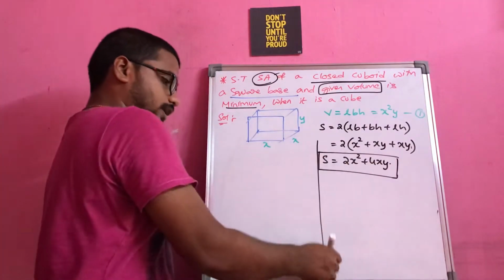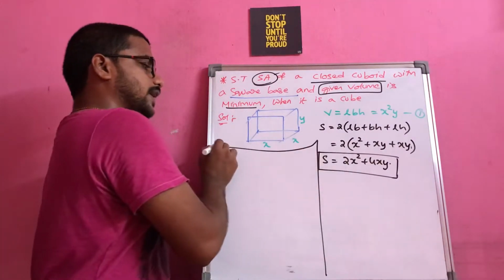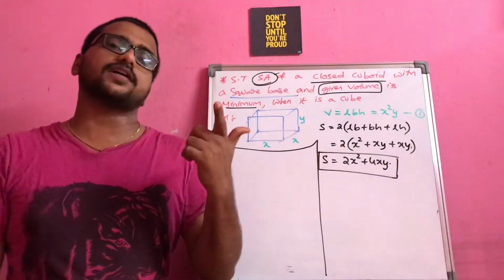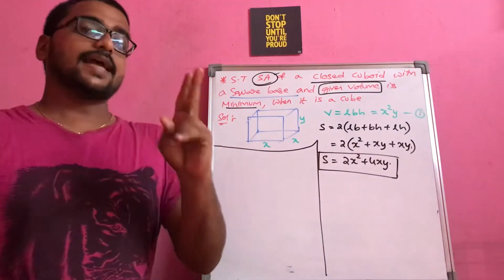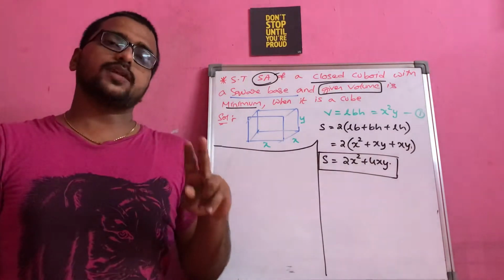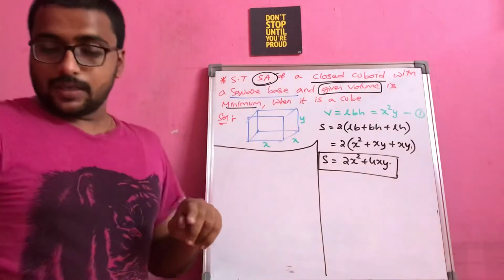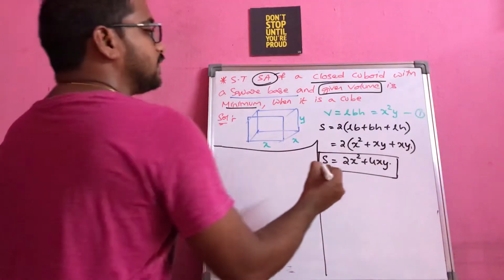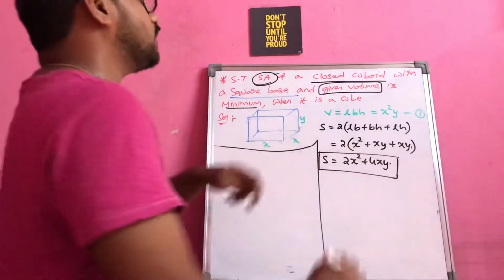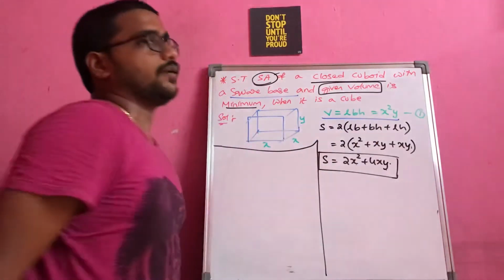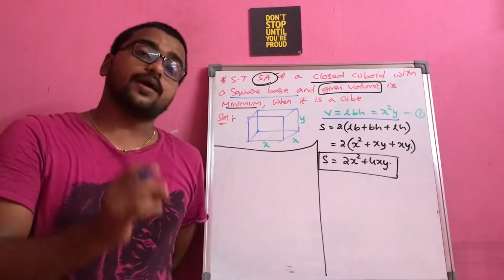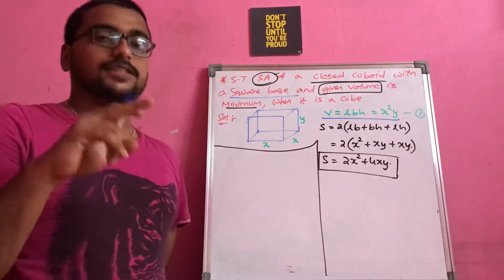Now the thought is, as I told you, the next step in the procedure. First step is identifying the given and the function to be maximized or minimized. Second step, you will be having two variables. If you have two variables, convert it into a single variable. So now here you can see two variables you are having, x and y, right? So using this given statement, we have to convert this into a single variable. Now the question comes here is whether we have to convert y into x or x into y.